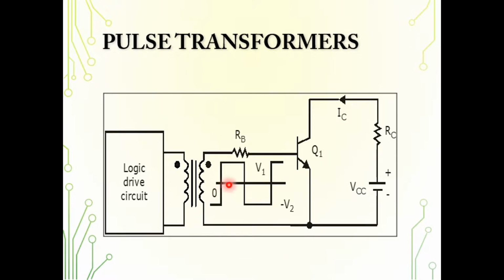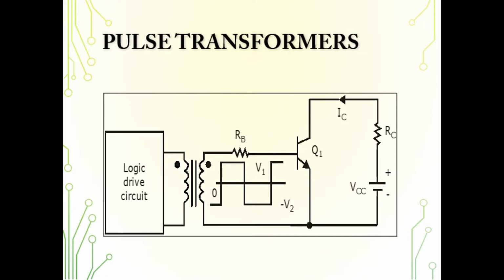So the input generated is a pulse. Okay, and this pulse is applied to how many transistors here? Only one transistor. So if you have to have one more transistor, that means you should take it from the secondary winding of the pulse transformer. One more secondary. I told you it can have multiple secondary windings. You can connect the second transistor to the second secondary winding of the pulse transformer. This is one way of achieving an isolation between the logic circuit and the power circuit.